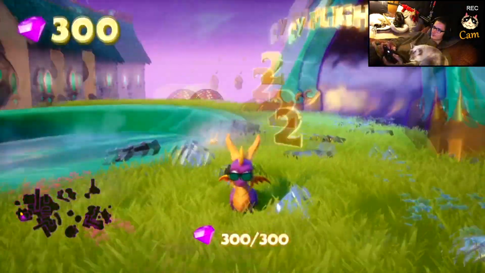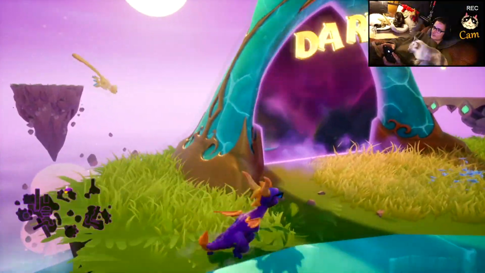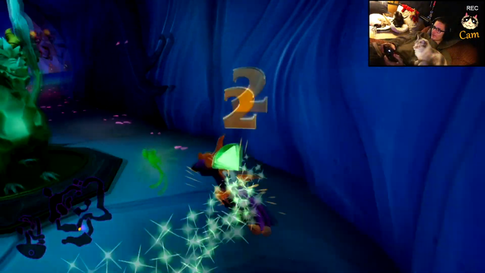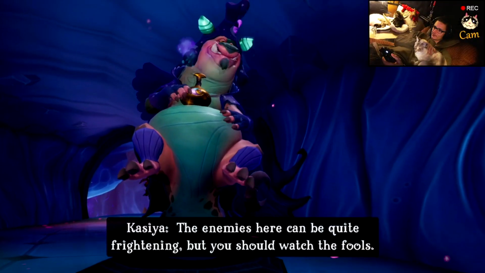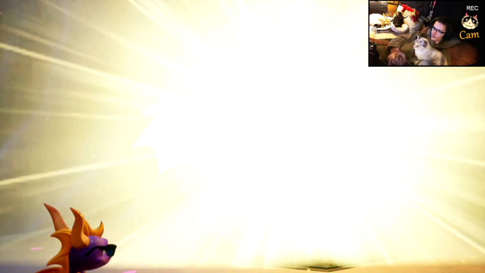After finishing off the gems like usual, I head to the first level, which is Dark Passage. Not long into the level and up this lift, we come across our first dragon, which is Cassia. The enemies here can be quite frightening. Then we rescue Azizi,